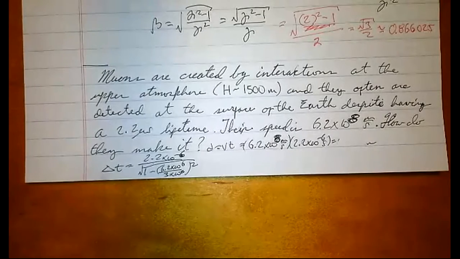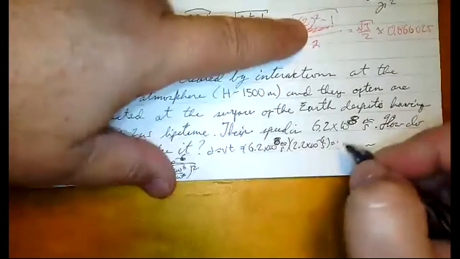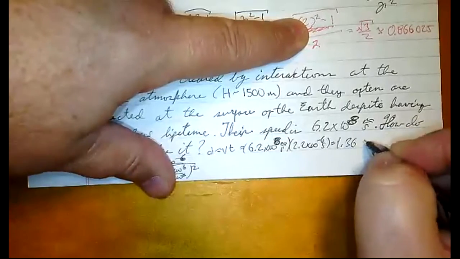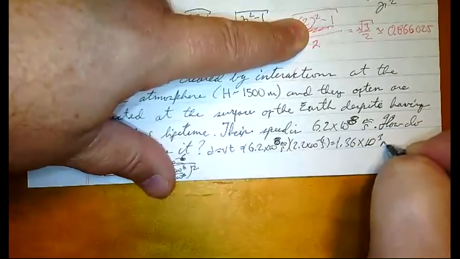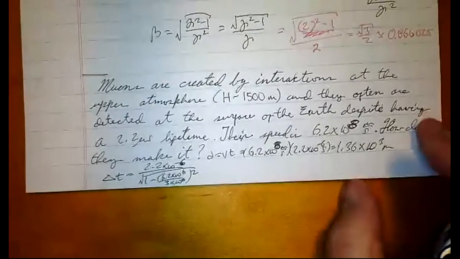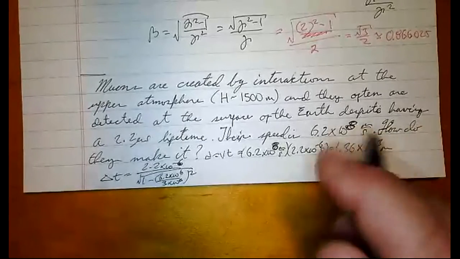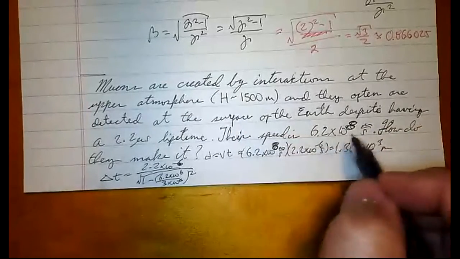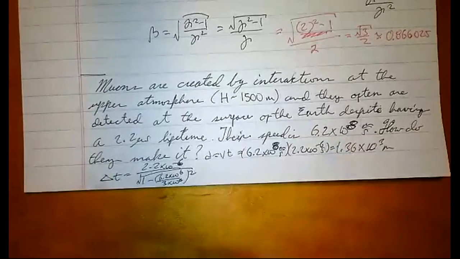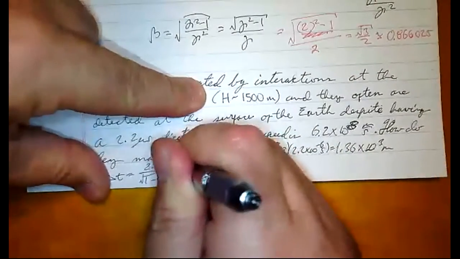6.2 e to the 8th times 2.2 e to the negative 6. Yeah, that gives me 1.36. So that is 1.36 times 10 to the 3 meters, which is 1.36 kilometers. Okay, so that's exactly what I expected. Whereas I need 1.5 kilometers, I'm not quite there. Now, when I change this down here to 10 to the 8th,